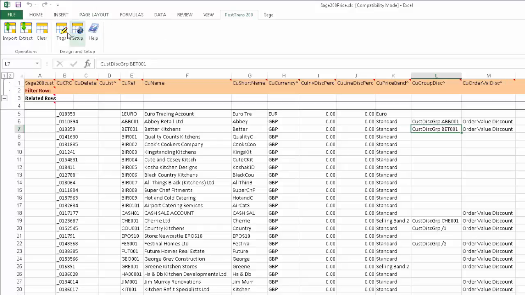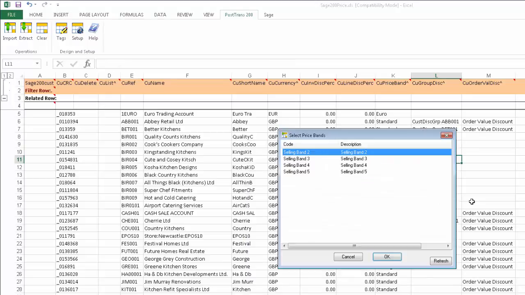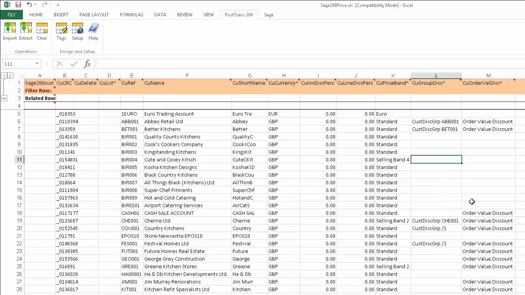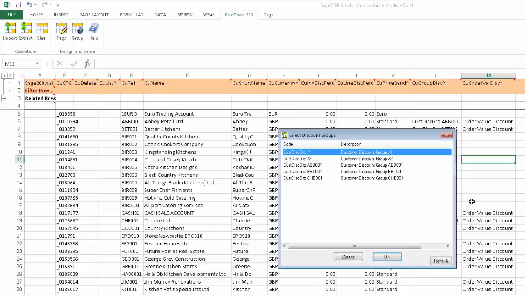We can change the tags by pressing the tags button here. To reassign a price band we can use in-cell searching, which means we can type the start of a price band name and it will instantly connect to Sage 200 and look up that value. If I want to see the whole list, I just enter space and tab away, and there's all my group